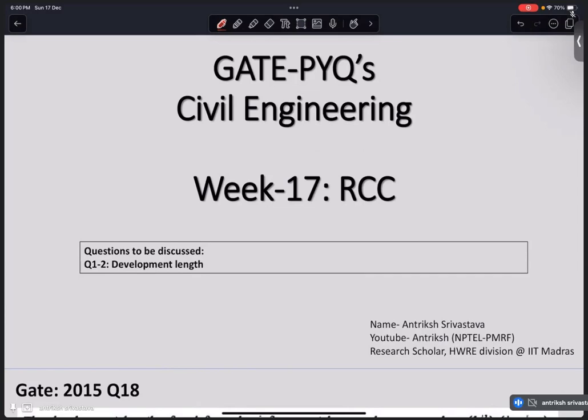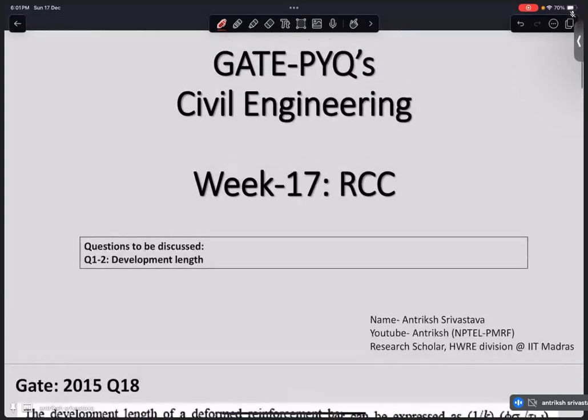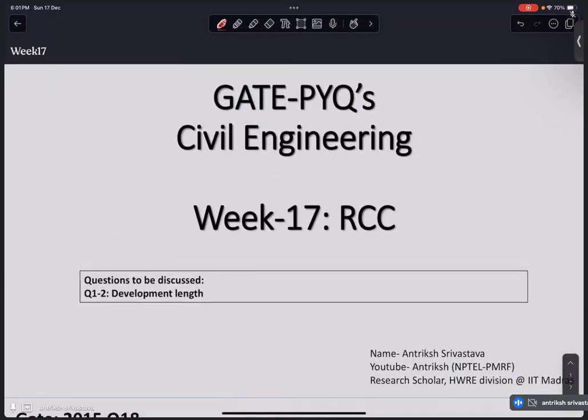This is week 17, our 17th session, and today we will discuss a new topic: reinforced cement concrete. So today we will discuss our quota questions, both on the development concept, and then we'll have a look at two simple questions just to revise the concept of WSM and LSM. Right? Even though WSM has not been asked many times and has even become obsolete, still we look at